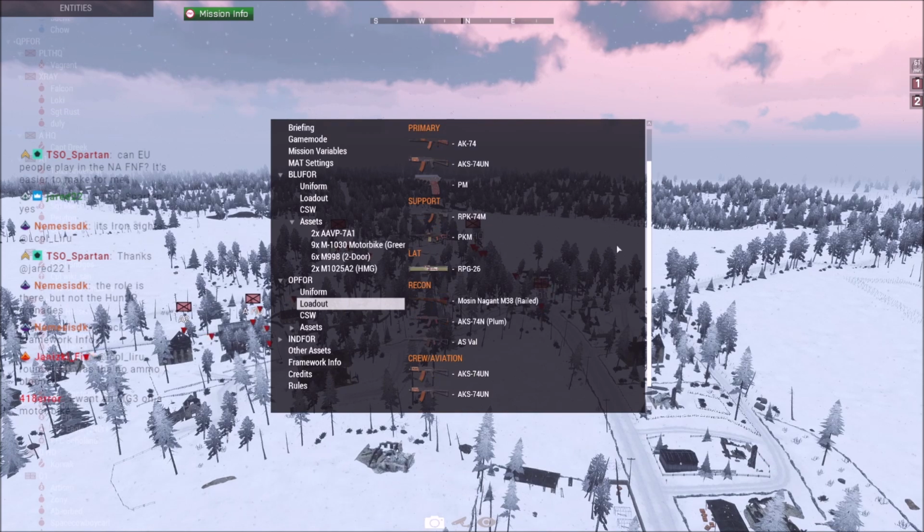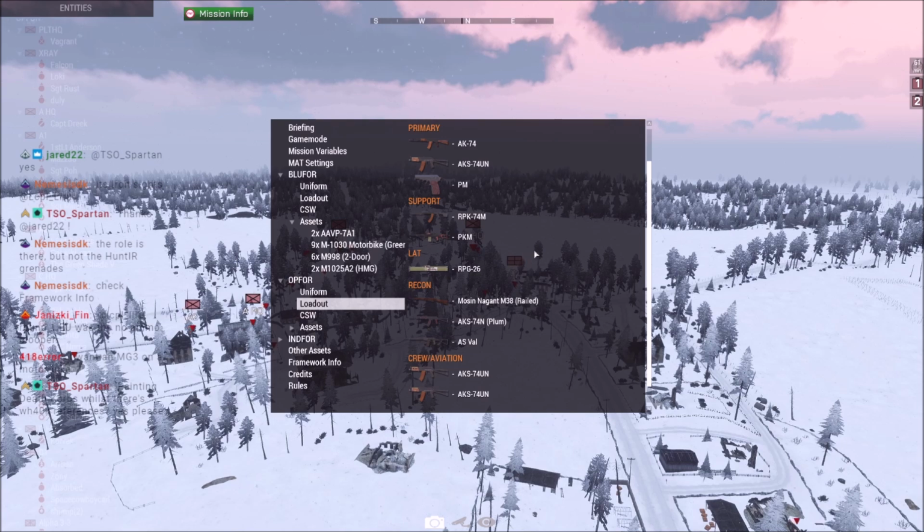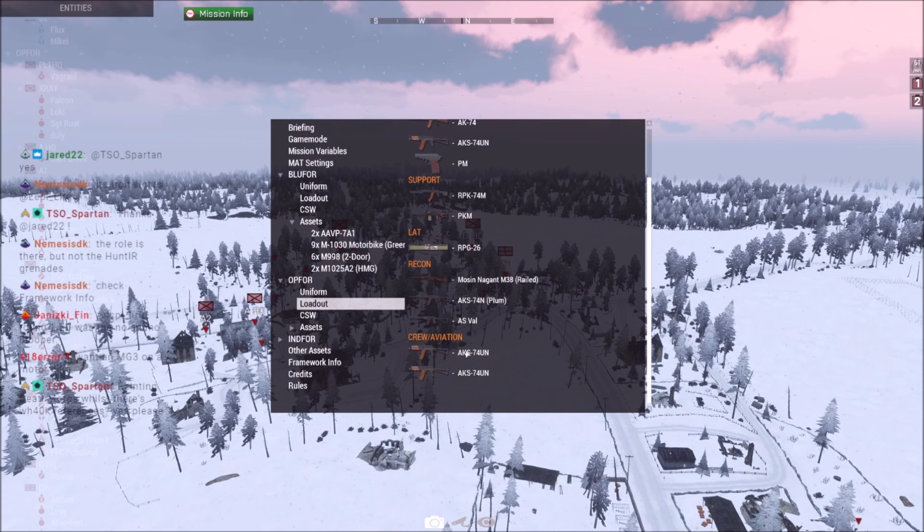Loadouts, we're going to see AK-74s in play, RPK-74, PKM, RPG-26 for the light anti-tank. We've got Mosin Nagant for the sniper, which is funny because they give SVDs to the marksman, so it's like the sniper is a bit of a downgrade. But otherwise, AKS with 45 round magazines or an AS Val. This terrain, I'd probably go with the AKS. And then the crewmen get a choice